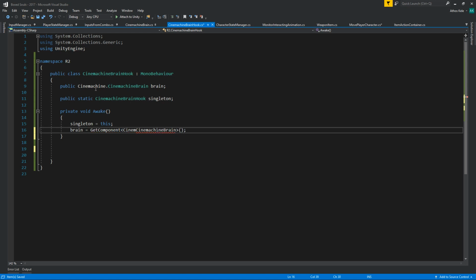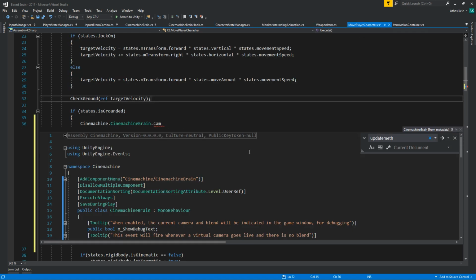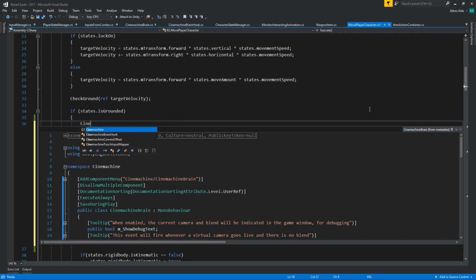And let's do Cinemachine first, Cinemachine brain. Okay, save that. Then on our move player character we can simply change this to, let's close that,